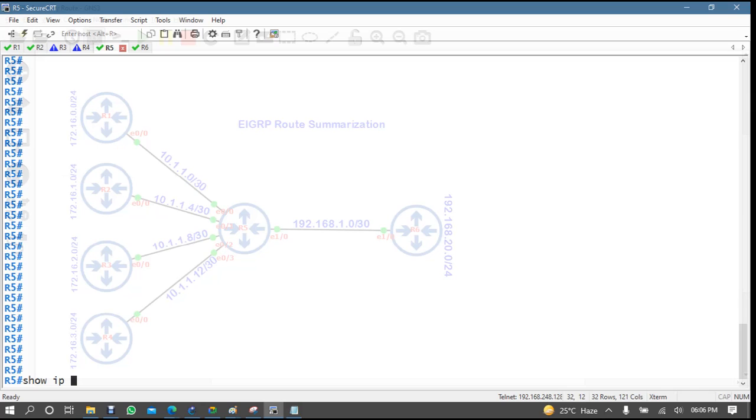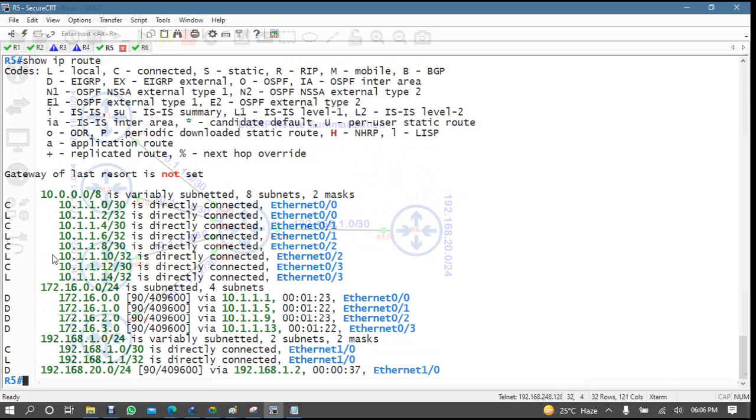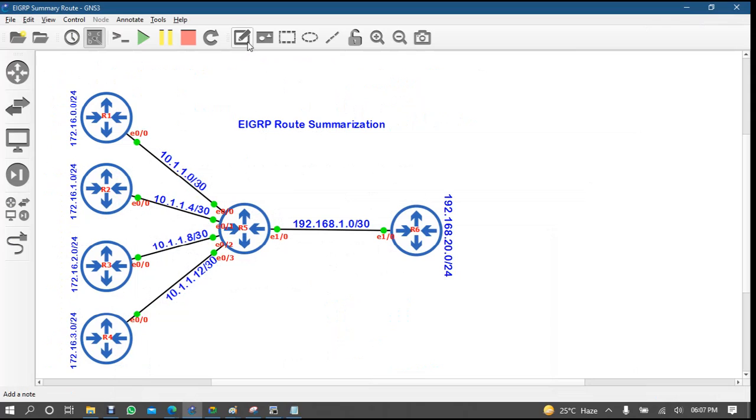So IP route EIGRP, here it's not a problem. Your router 5, only router 5 has all these routes, no problem, right? Which is your edge router.